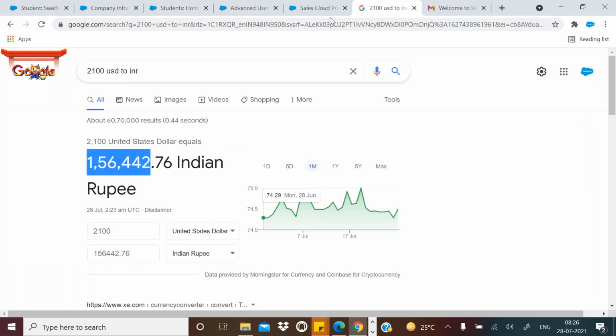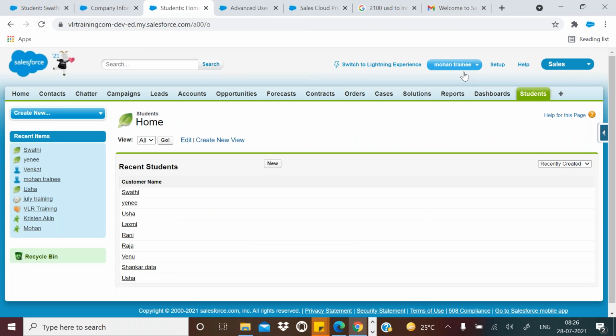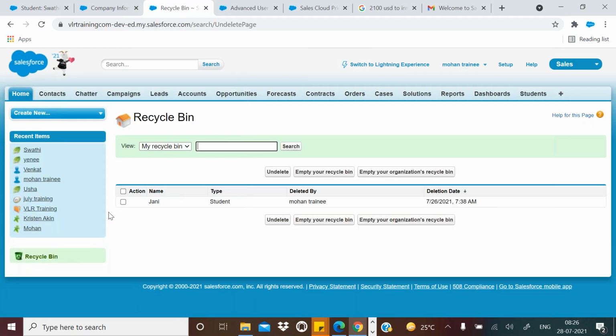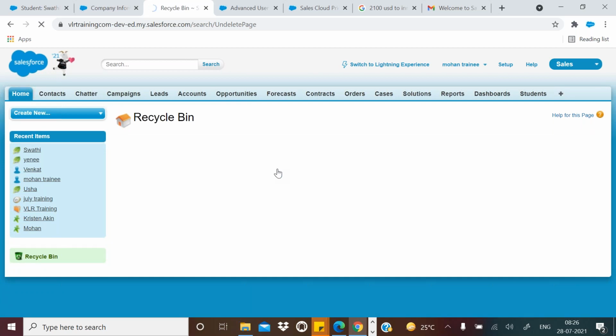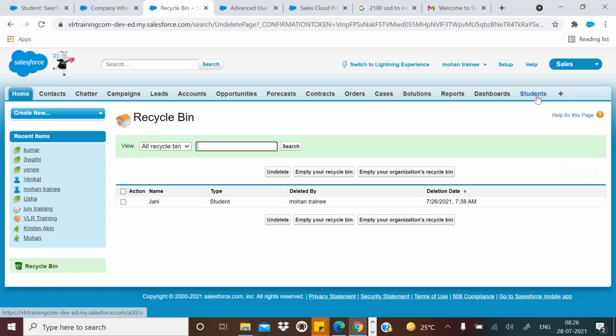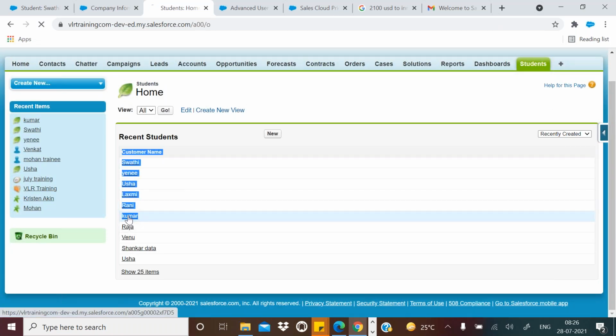Of course, he can undelete, he can do everything. See, whose record is this? Mohan's, right? So go to the recycle bin, go to all recycle bin. See, it's totally undeleted. These two users have both permissions.